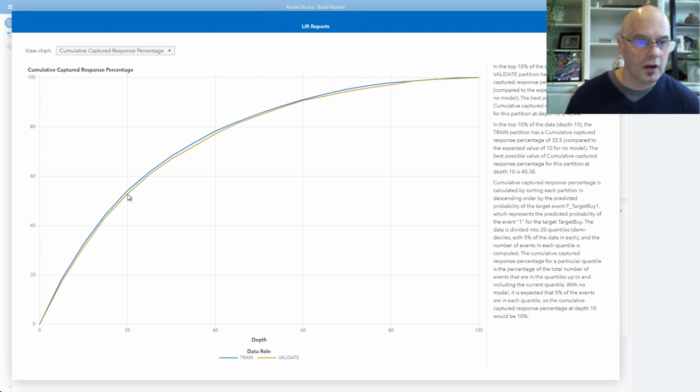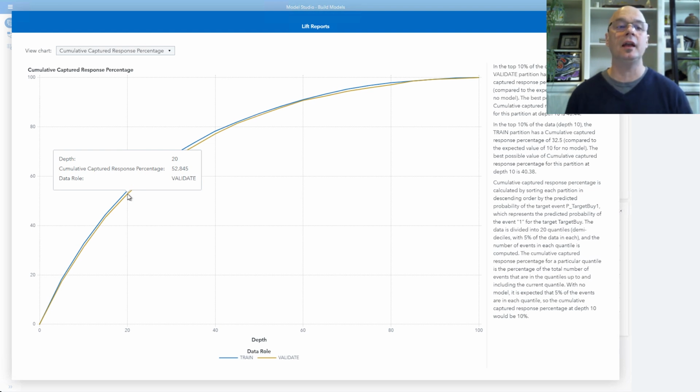If we're focusing on that 20% decile again, we see the cumulative captured response percentage there is 52.845. Now to go from this value to cumulative lift, I'm not dividing by that constant like I showed you before. I'm dividing by whatever the decile the value comes from, or in other words, whatever depth I'm at.